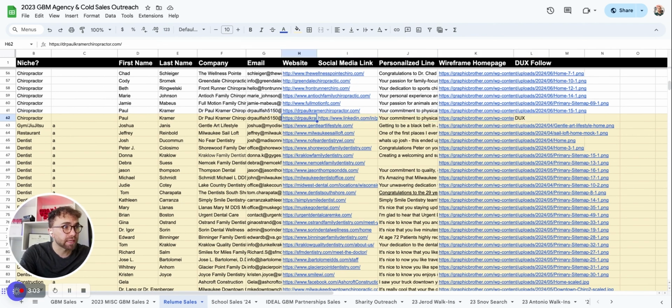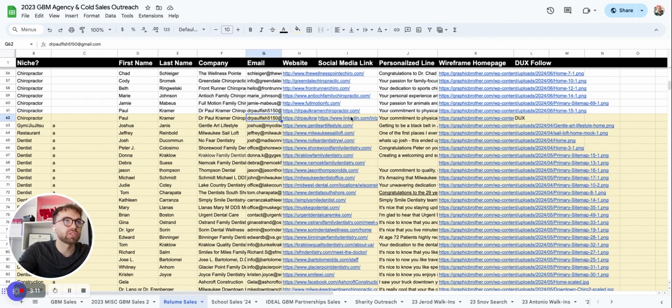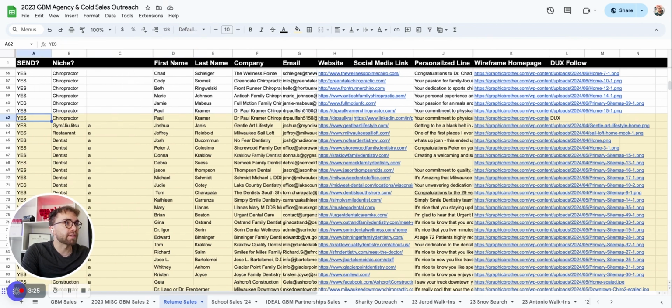I'm A/B testing some subject lines for these specific emails, but basically what goes into the emails is like, hey, first name, last name, we reached out to you. Here is your homepage layout. It's a link that's actually just directly uploaded to our website files so that it gets embedded in that email. And then what we want to do is once this person views, or views and doesn't respond, and